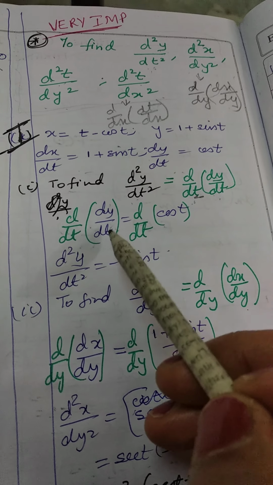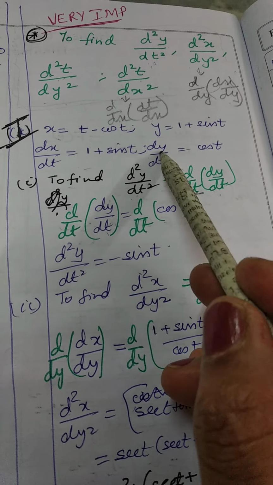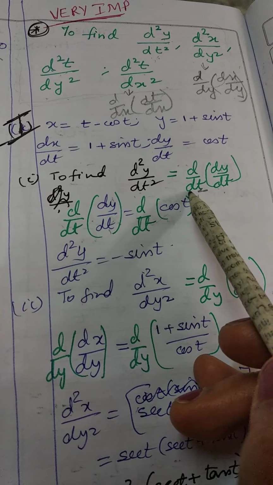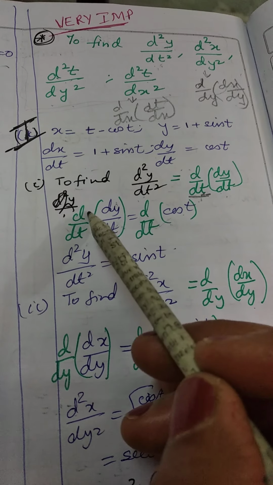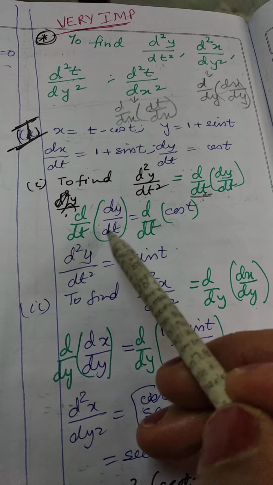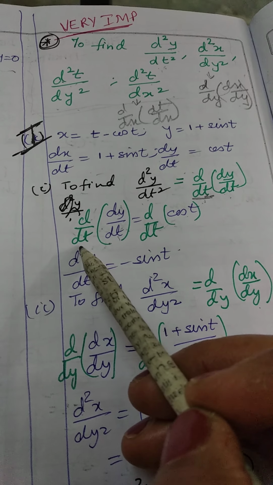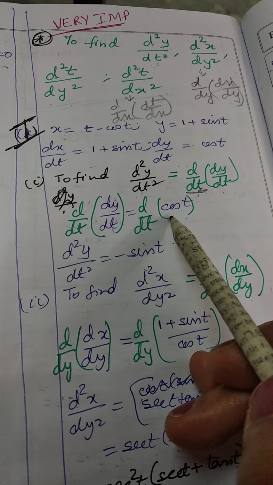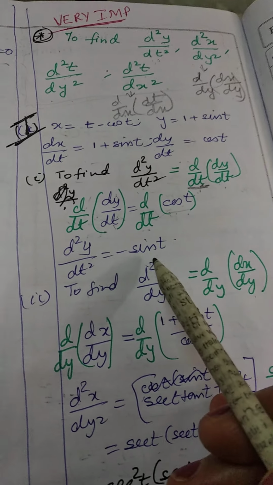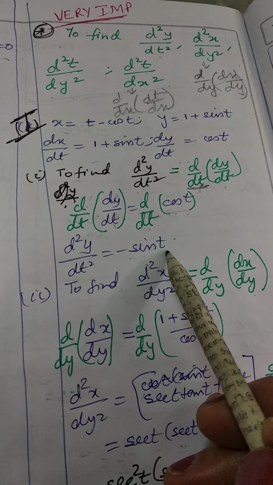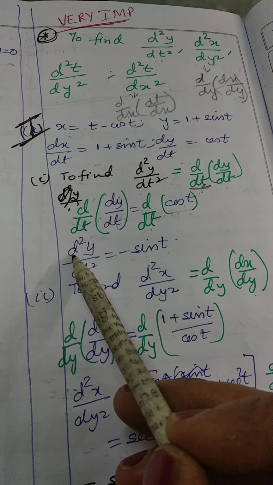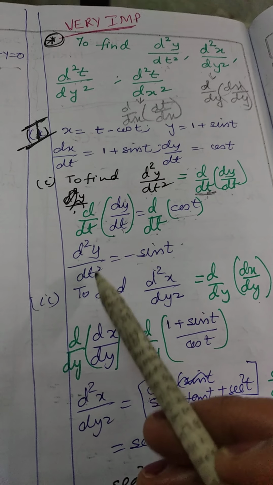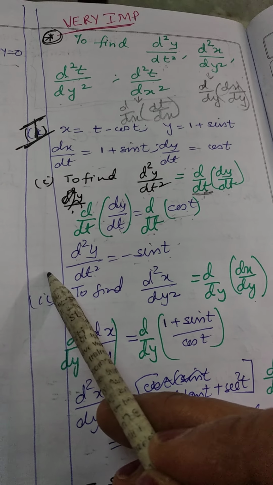So we'll write down what dy on dt is first. dy on dt from here is cos t. We have to apply this operator d dt. So we apply the operator, that is, we are differentiating dy on dt with respect to t. Right side also we'll have to take up the same operator. So this is read as differentiating cos t with respect to t, which gives us minus sin t.